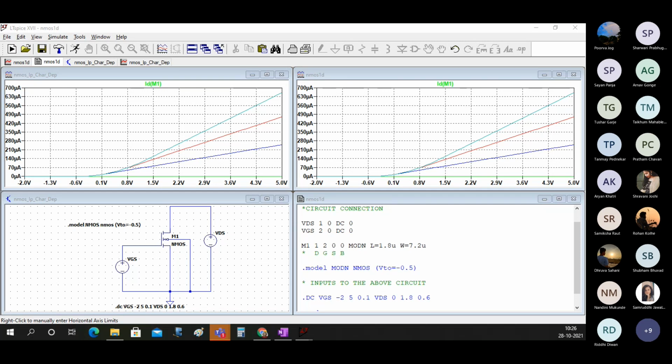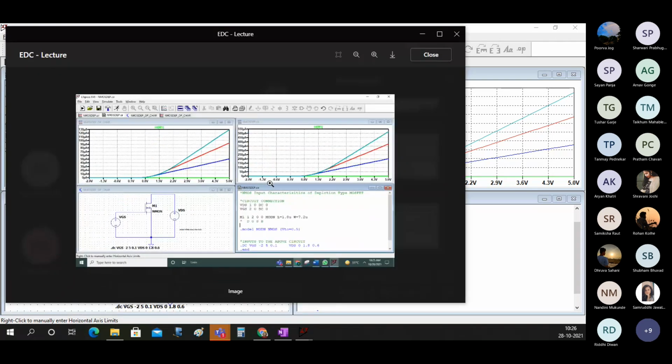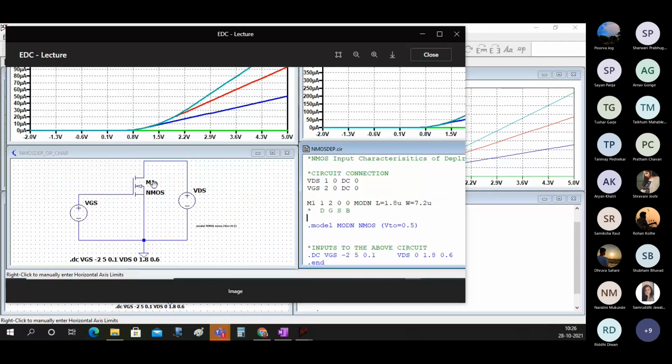Okay, Soham, output is correct. Soham, I think you have seen this transistor, no? You have to take it as NMOS 4. NMOS 4, yes. And when you use that transistor, this dot model will actually work.